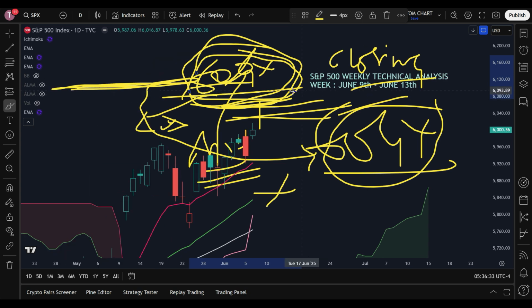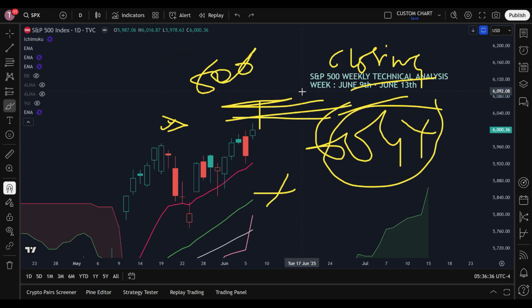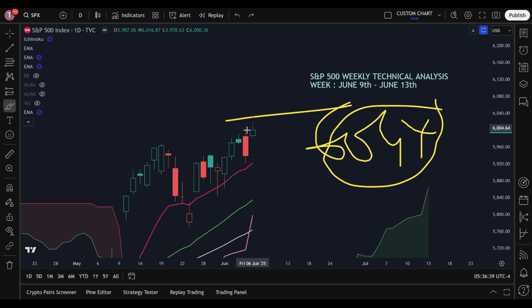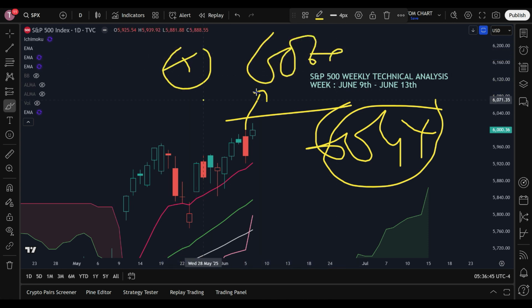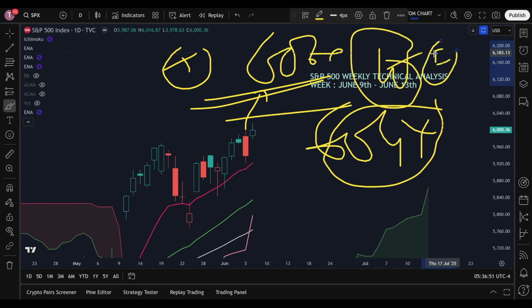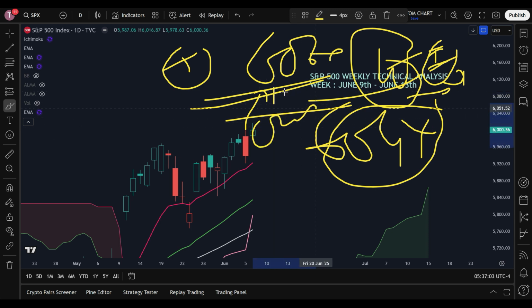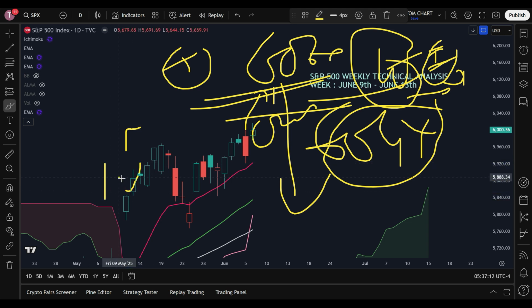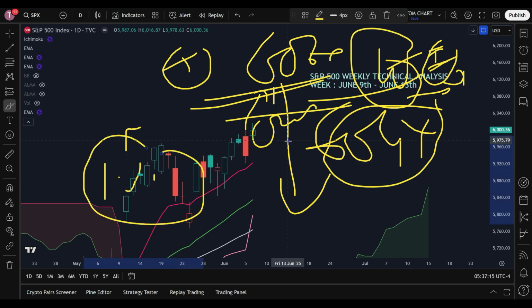The S&P 500, this also means that if it moves up and by Tuesday tests 606x, fine. Then on Wednesday, let's say the inflation data shows that inflation is now either stagflation or moving up. Then on Wednesday there will be a good gap down open, and the fall will continue. That kind of condition will also be seen. This means that on Monday and Tuesday, for now, we are anticipating around 1% movement on Monday and Tuesday.